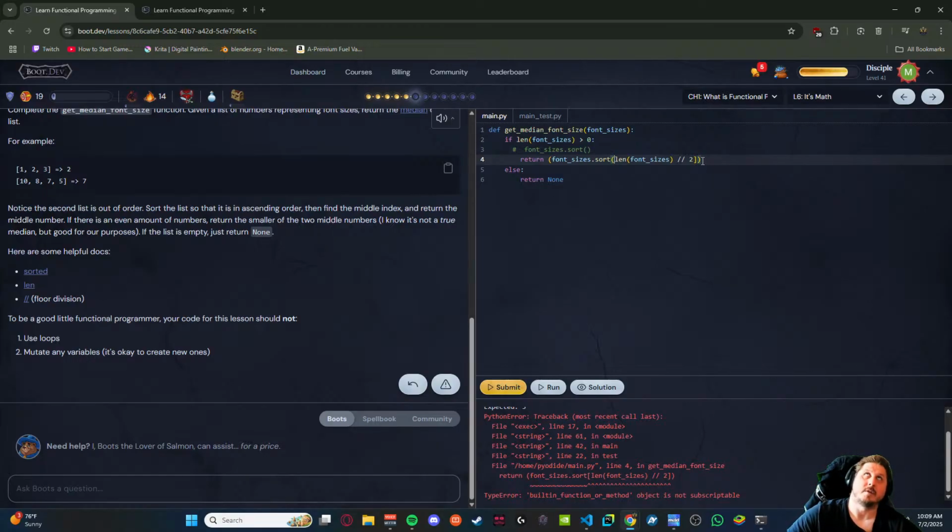Pretty sure now I can do that. So I'm not supposed to modify it. Hmm. Suppose I'm modifying it, huh?